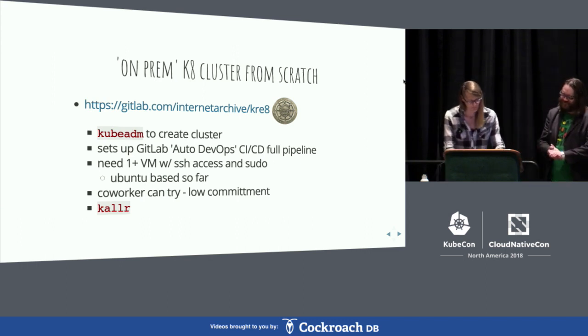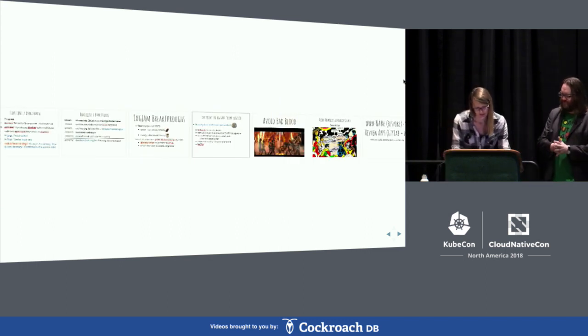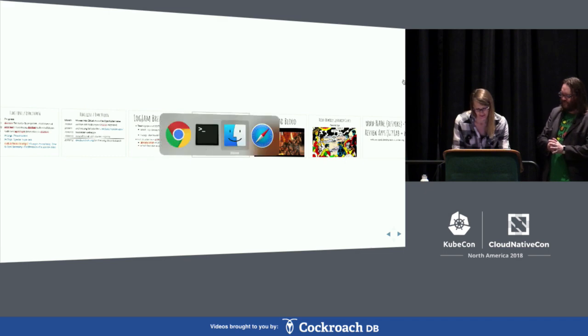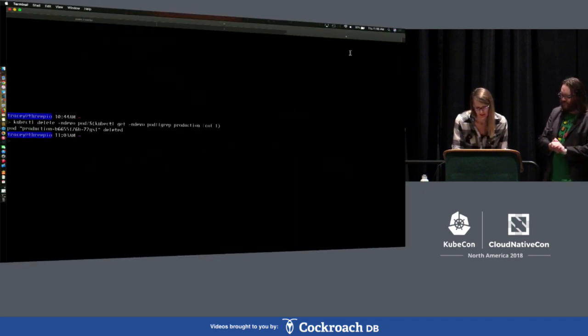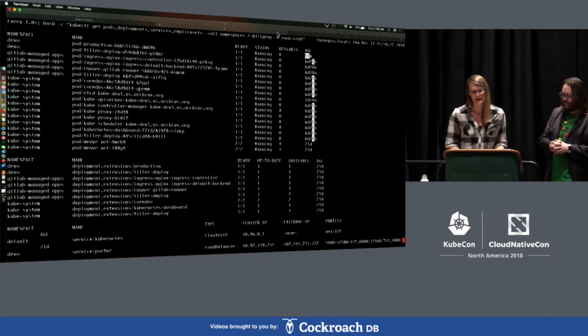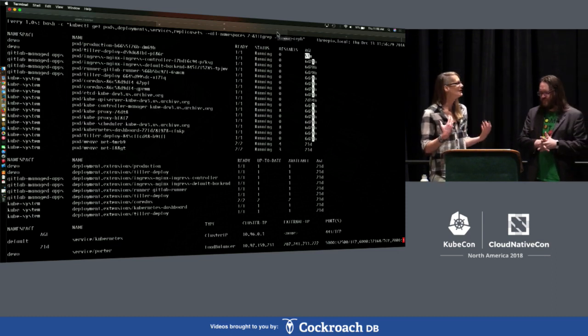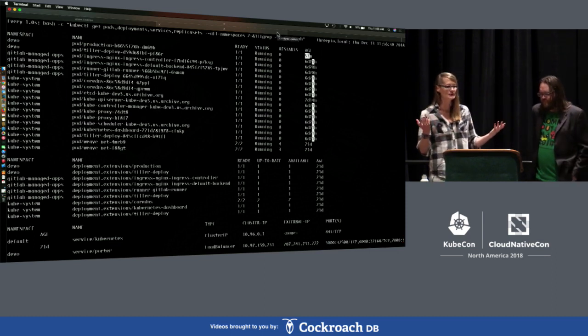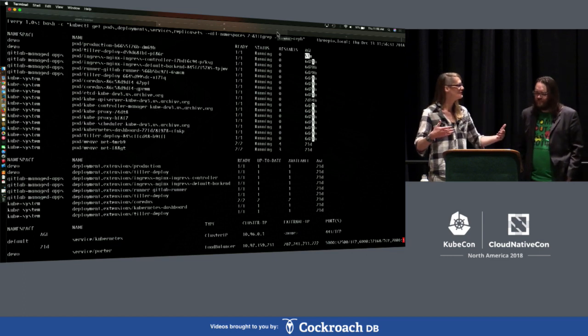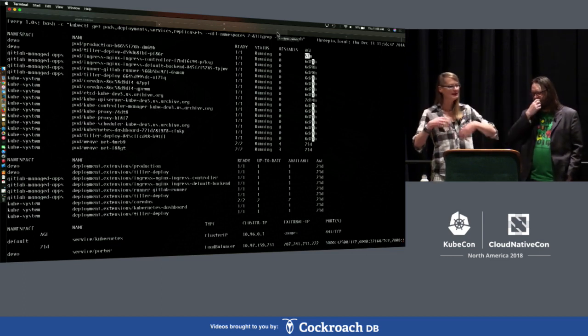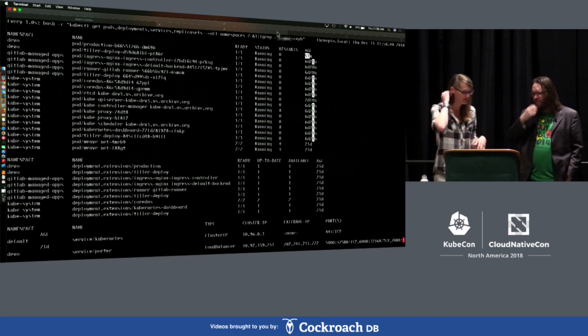And one thing that we found that was helpful, I'm just going to try to show this now in a semi-live demo, is we built this little simple tool called Collar, and it's just kubectl getting some of the most interesting bits. It was really helpful in us understanding, like, what is Kubernetes doing? What is a replica set? Why is there a deployment? It seems like there's all these repetitive pieces.